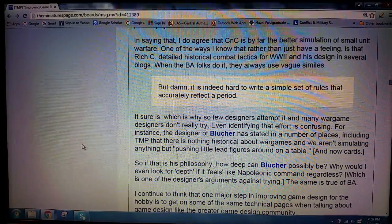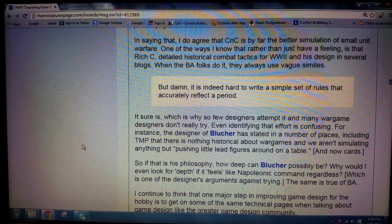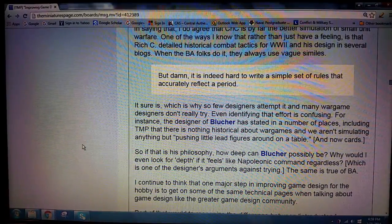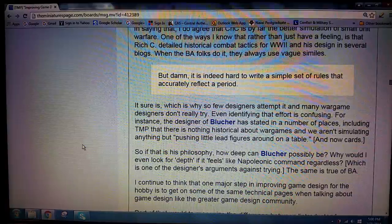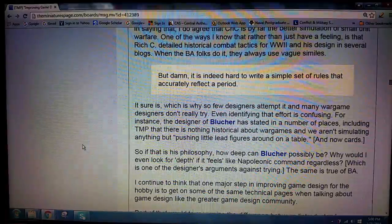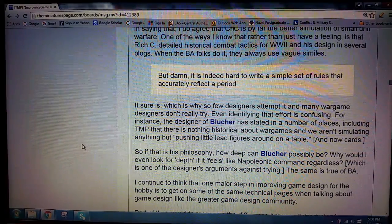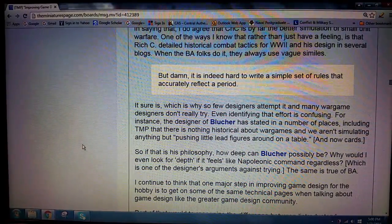For instance, the designer of Blücher has stated in a number of places, including TMP, that there is nothing historical about wargames, and we aren't simulating anything but pushing little lead figures around on a table, quote unquote, and now cards. Of course, I'm pretty sure, if I remember correctly, Sam Mustafa is the designer of Blücher, and I am not going to presume that I know that McLatty is getting the debate accurately here. But just on the face of McLatty's comments here, which is what I'm focusing on,